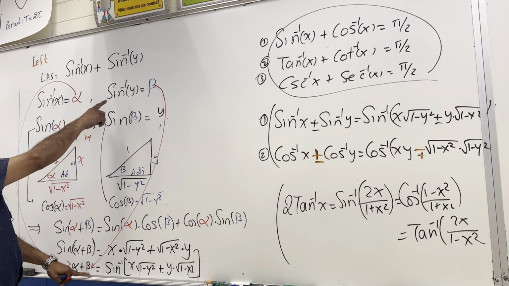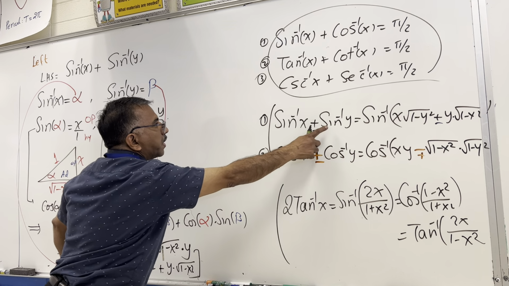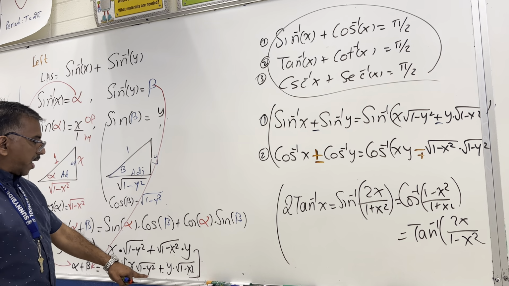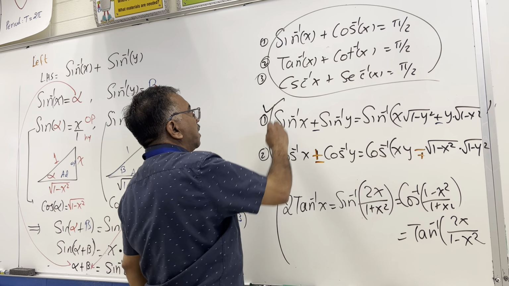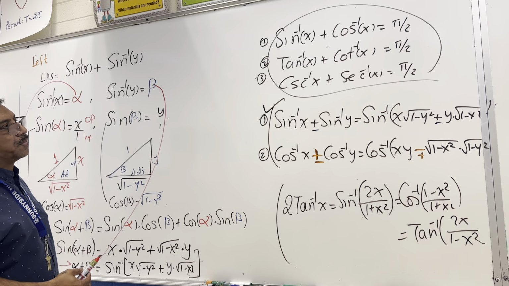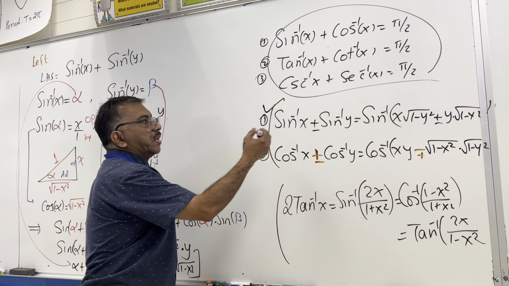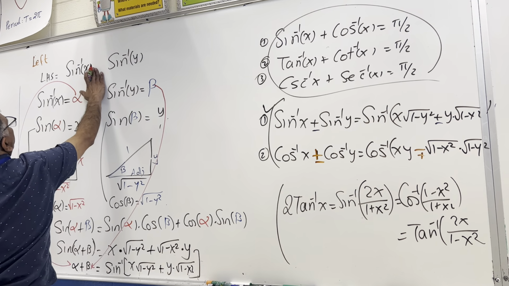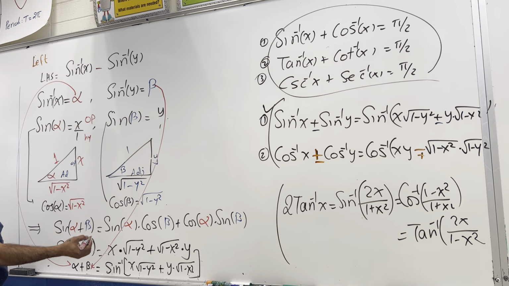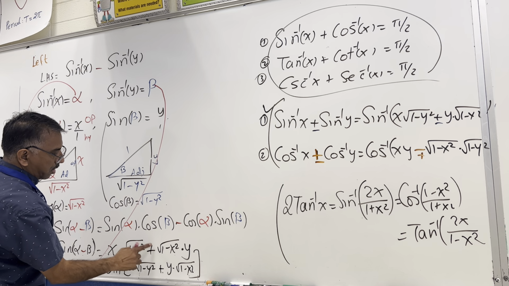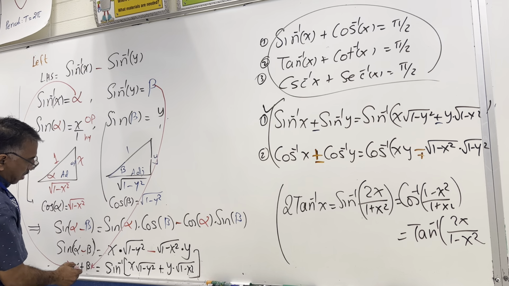Beta is sine inverse of y right there, and equals sine inverse of x, and that's how you get it. And you can do the same thing with the minus. So if there was a minus here, you do the same thing. This will be minus. So you have to use minus here. This will be minus. This will be minus. This will be minus, and